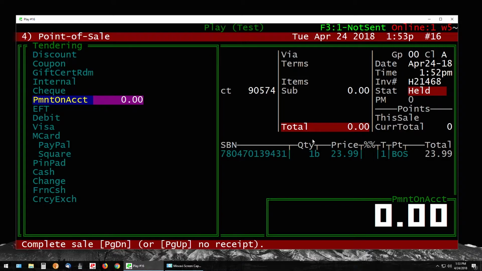And if you're not selling anything, by default, the tendering option will change to "payment on account" instead of saying "on account." Payment on account means you're putting a credit on the account, whereas if it says "on account," that means you're charging the account. So if this doesn't automatically switch over,